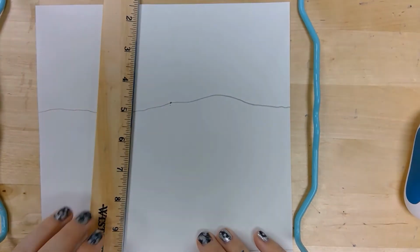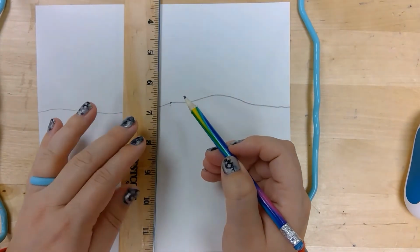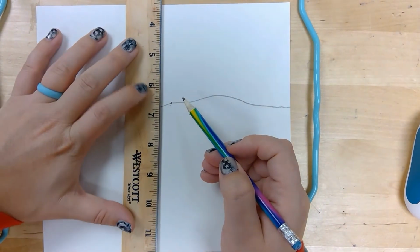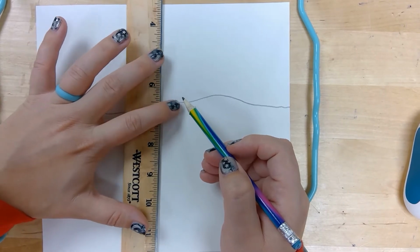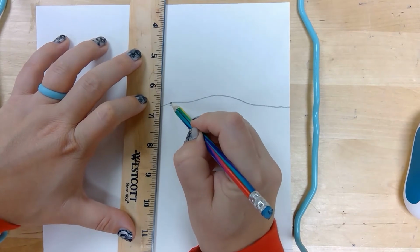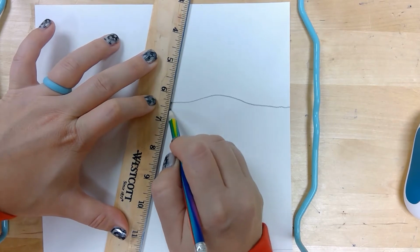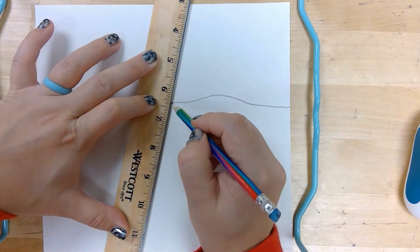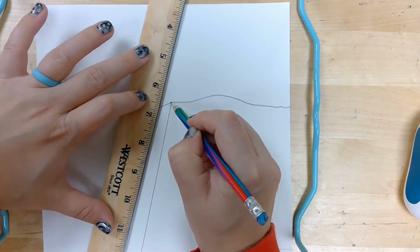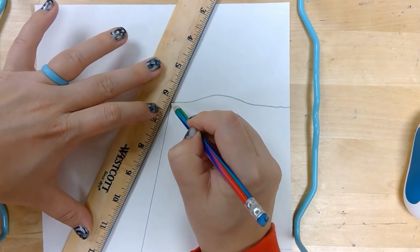So you're going to need a ruler for this. When I'm using a ruler, I like to spread my fingers out on the ruler, and keep your fingers away from the edge so that you don't make bumps. What I like to do is start at my vanishing point, touch the ruler to my pencil, and then draw my line. So I find the vanishing point, put my pencil on the vanishing point, and then I rotate. When my hand is wide like this, I can rotate the ruler back and forth pretty easily. So I'm going to rotate